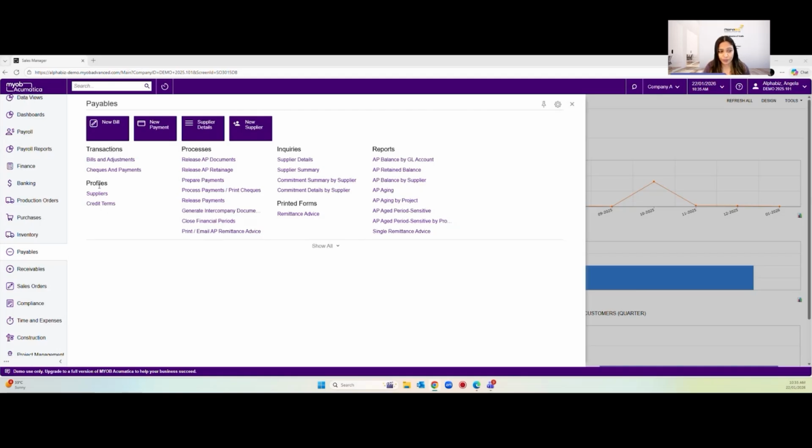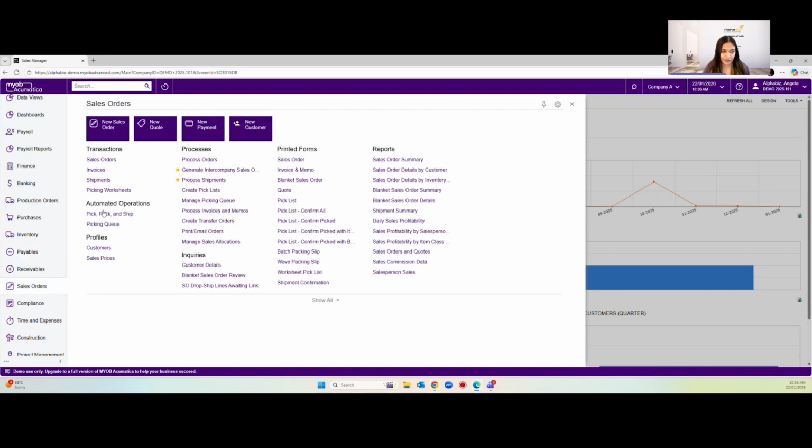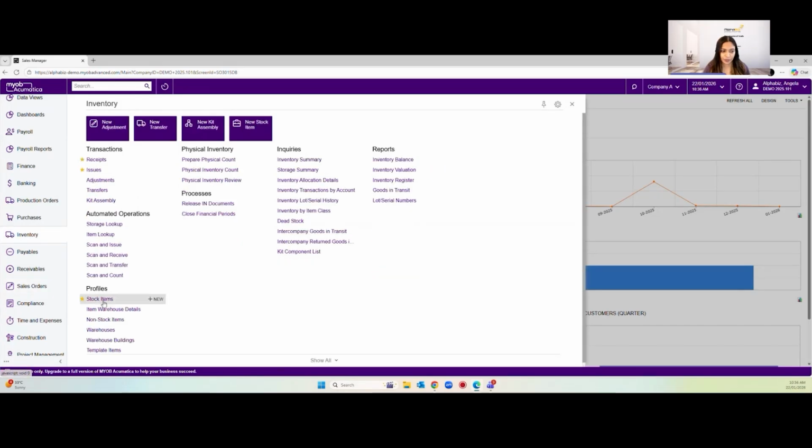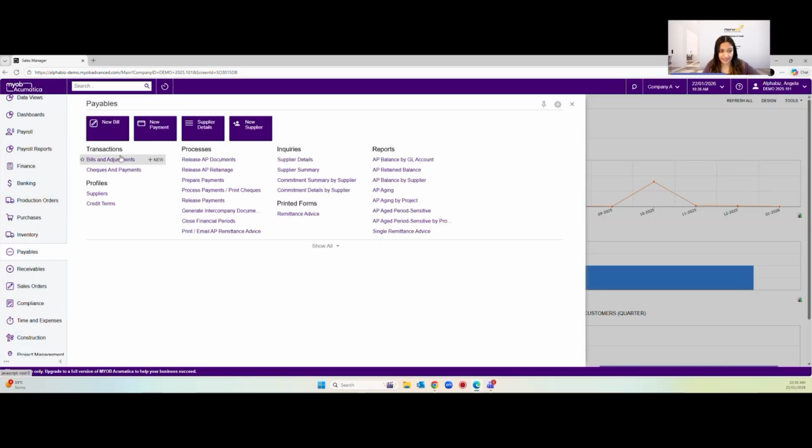Profiles is related to your master data. This could be your suppliers that are set in the system, your credit terms. Every module has different profiles. So this has customers, your sales prices, your inventory probably has stock items, things like that, right? So it's basically to understand that transactions is a transaction screen, profiles is your master data, and then you have